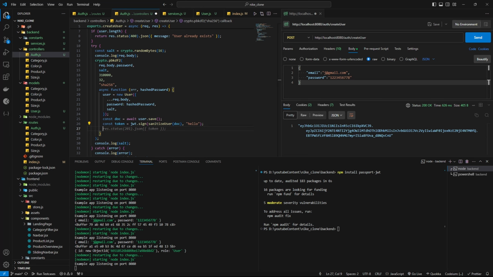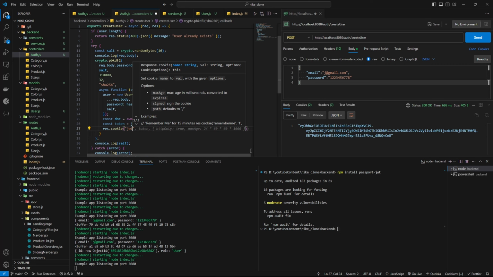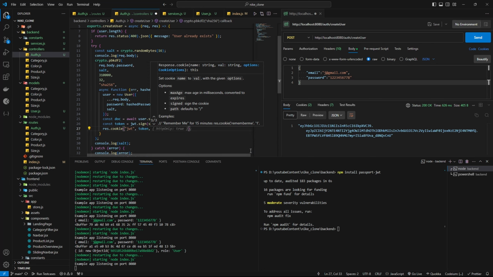So now we want to set the token as a cookie in our browser, so we can set it like response dot cookie, and in the cookie we need to set JWT, like the key and the value, which will be the token, and then we need to send the response, and also we need to give some parameters, like what will be the expiry date